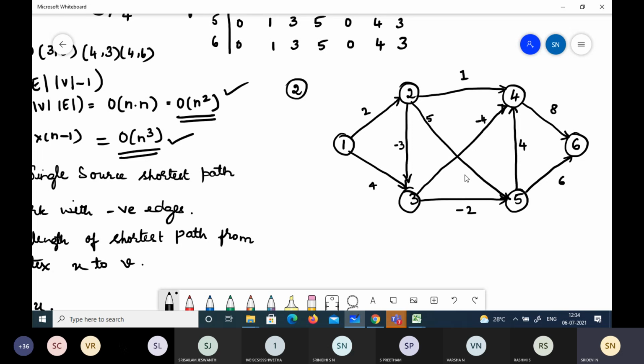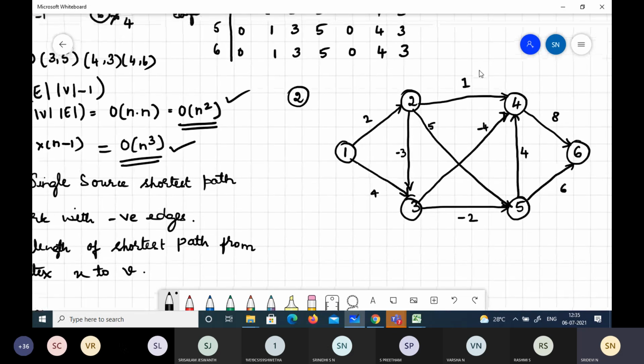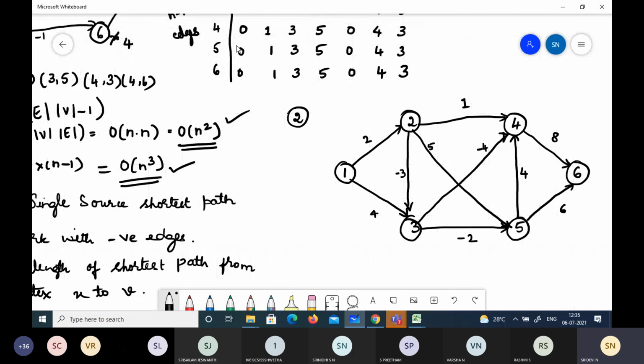Once the values start repeating, it means that you need not calculate again and again. For one row, if it is repeating, you can just write down the same as it is. Sometimes what happens is that in the first iteration only, the first iteration could be the final. So for the second, if it is repeating, then it's obvious that it repeats for everything. Only if there are changes, it means that it is changing. Once it starts repeating, it cannot change and you can just copy down as we did here. See, from here, it's the same. 4, 5, 6.